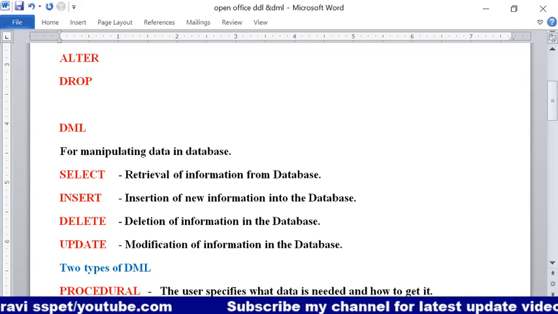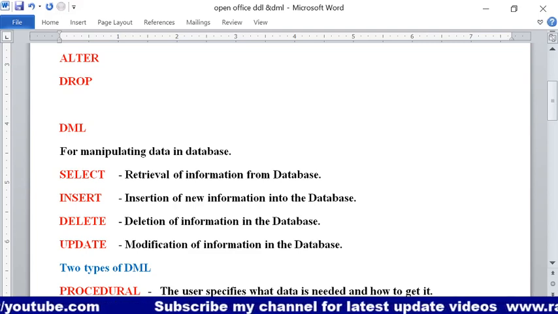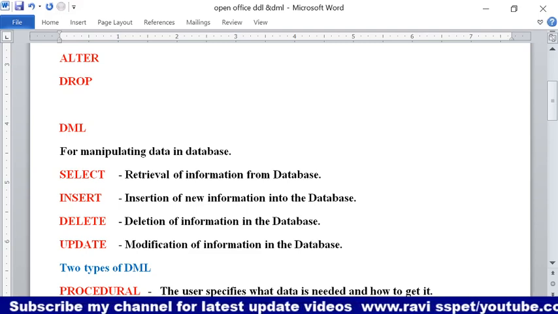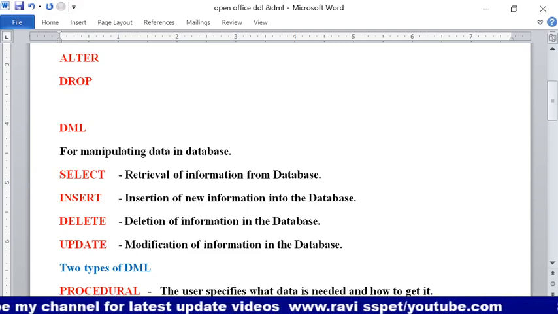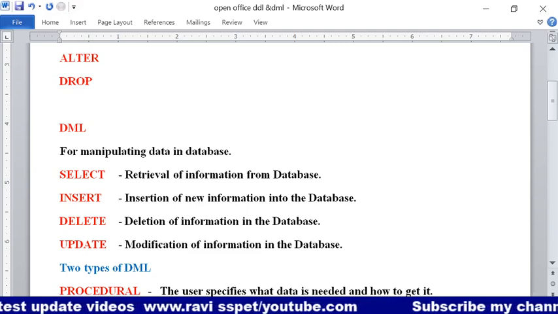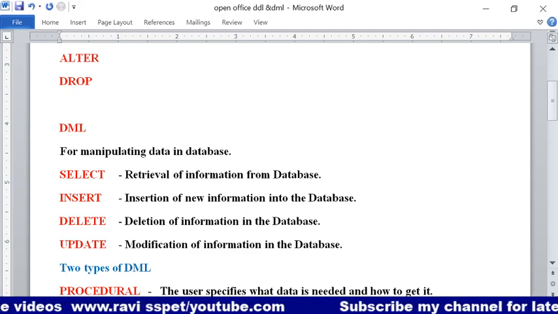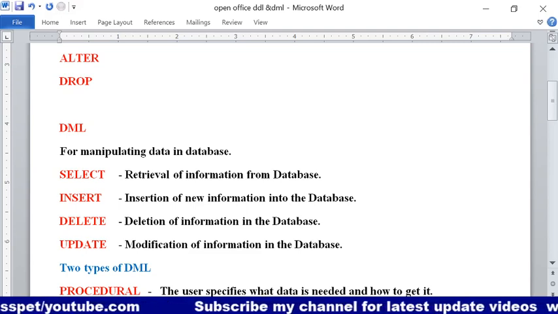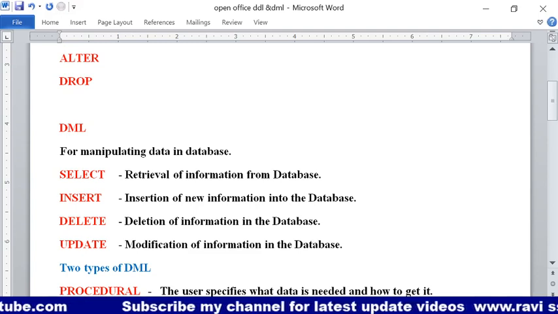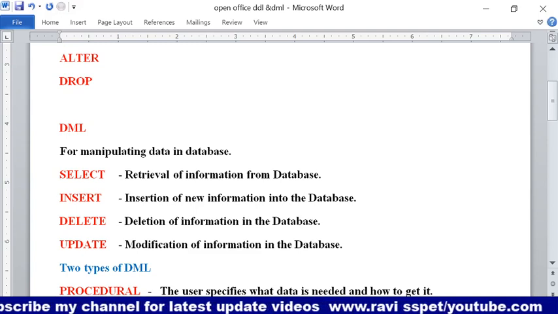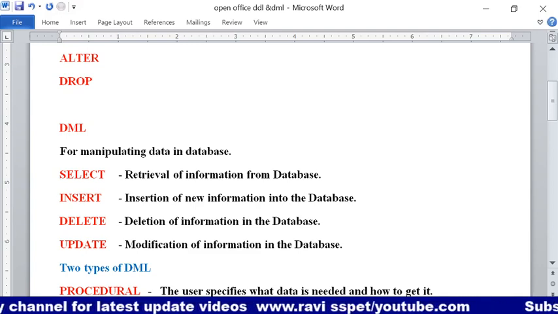For example, if I want to retrieve information from the database, that means I want to see the data from my database, at that time we use the select command. Whenever we are dealing with the data, we go for DML, data manipulation language. Suppose if we want to delete information in the database, we have to go for the delete command.